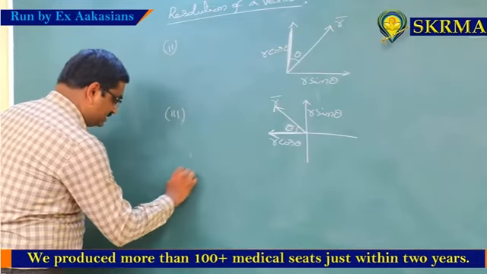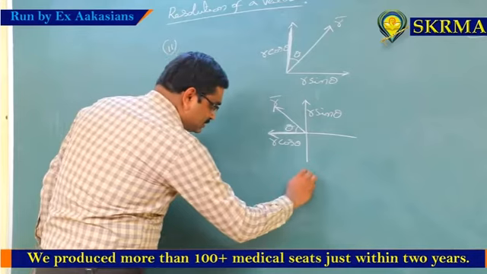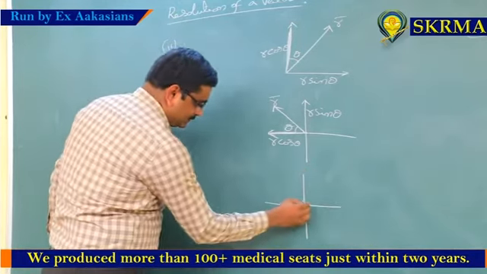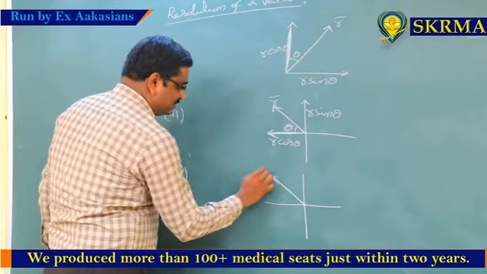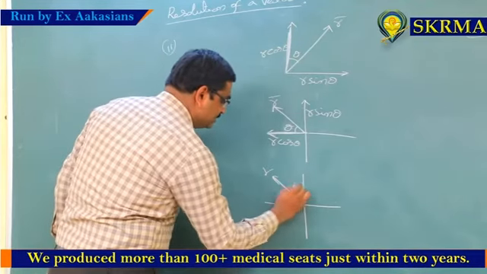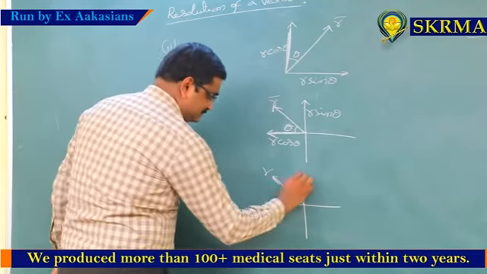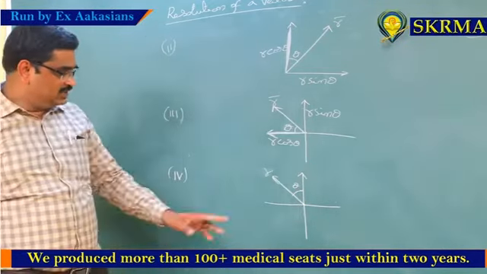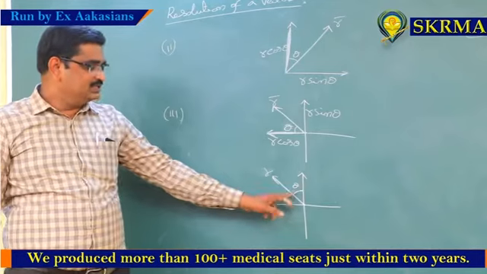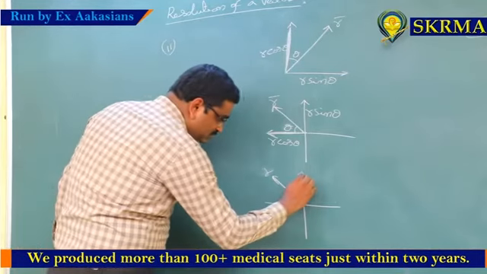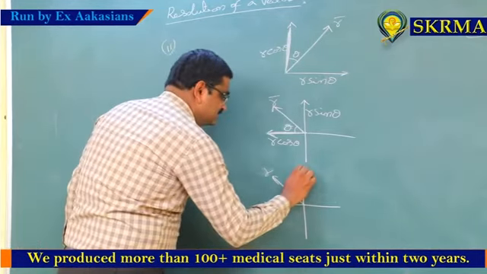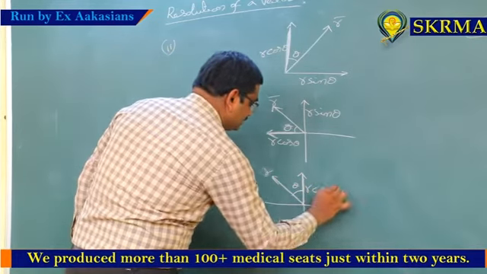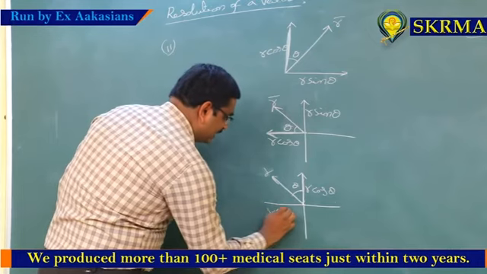Next example, similar one, but it is making an angle theta with the positive y axis. The same r only. Now in this diagram, just check this one. Adjacent side of theta is the positive y axis. This side is the adjacent side of theta. So this is r cos theta. Remaining side is r sin theta.